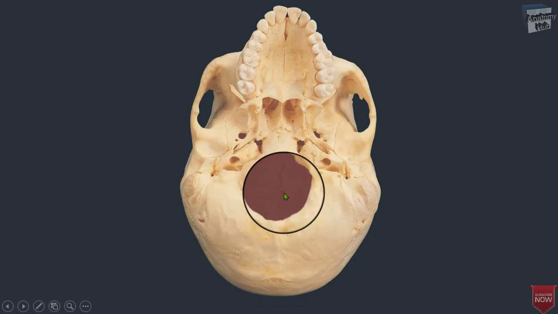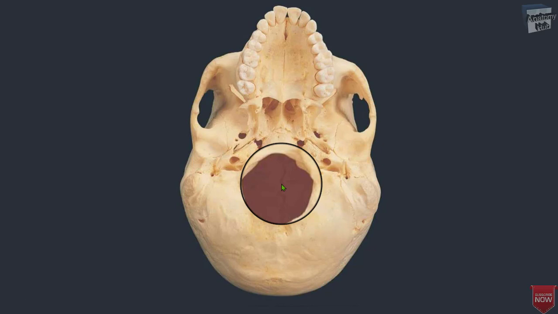The foramen magnum means great, so it is a great hole that lies on the midline of the occipital bone. Through it, the brainstem is continuous with the cervical spinal cord. The vertebral arteries pass upward through the foramen magnum on their way towards the basilar artery, which forms the circle of Willis. The spinal accessory nerve also ascends from the upper cervical cord segments into the cranial cavity through this foramen magnum.